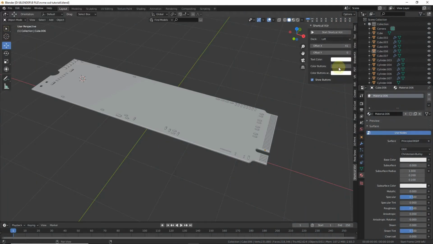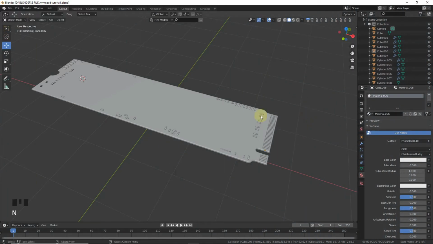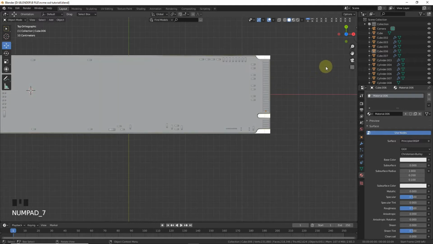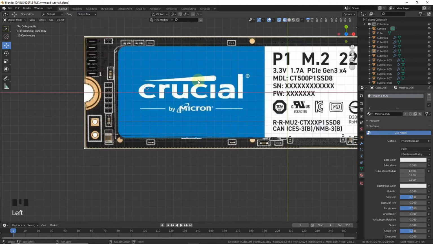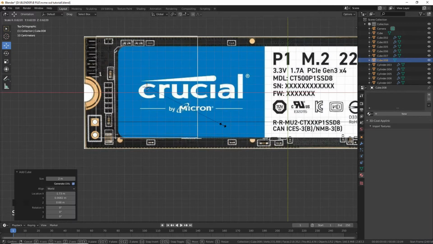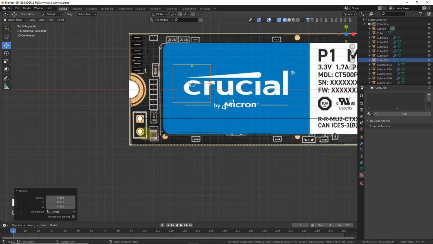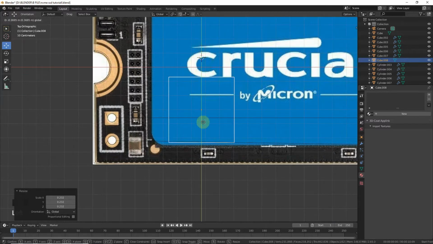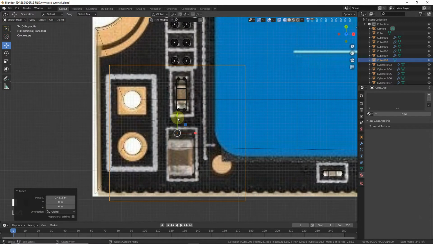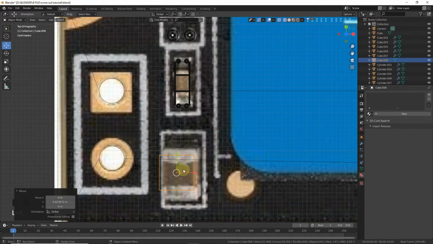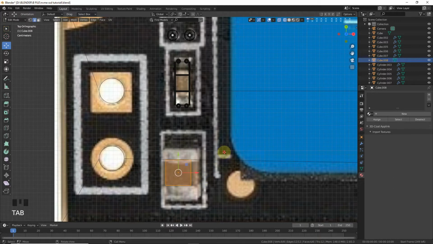So welcome back guys in our second part of NVMe SSD tutorial. Now we are going to make some new ICs. So Shift A, add a cube for this one, grab upon this, scale down, edit mode,